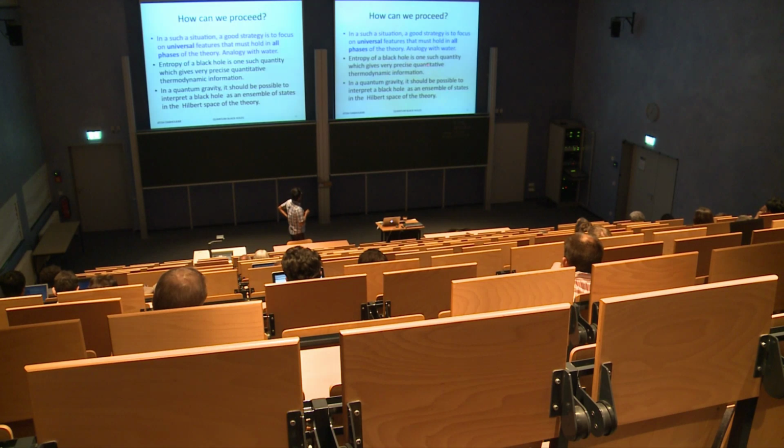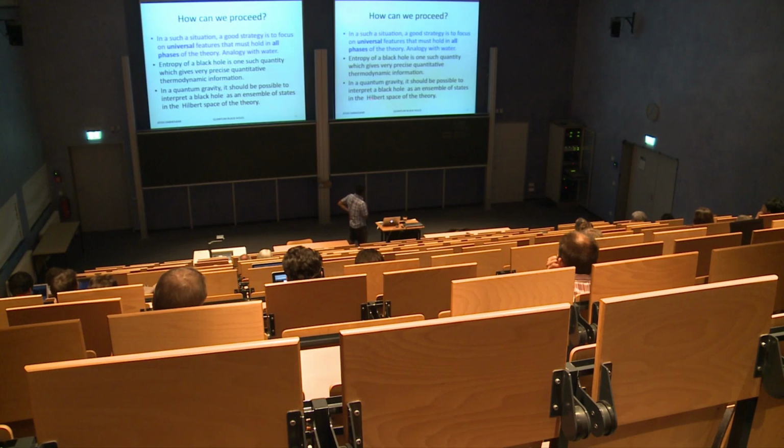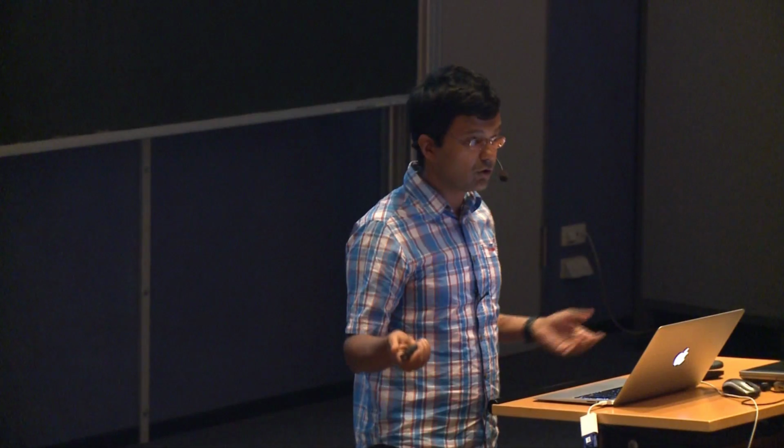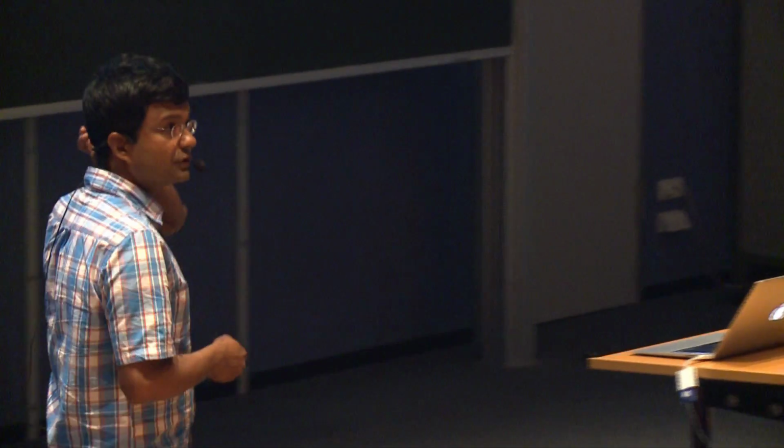And the entropy of a black hole is precisely one such quantity which gives us very precise quantitative thermodynamic information independent of which compactification you're talking about. And therefore, in a quantum gravity, it should be possible to interpret the black hole as an ensemble of states in any phase of the theory. If any phase of the theory admits a black hole, you should be able to interpret it as an ensemble of states. And if you fail to do that, then you can just forget about string